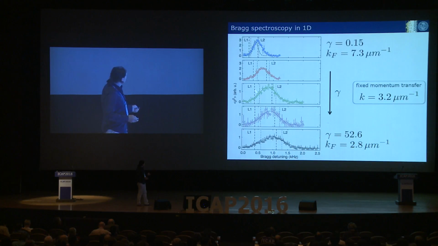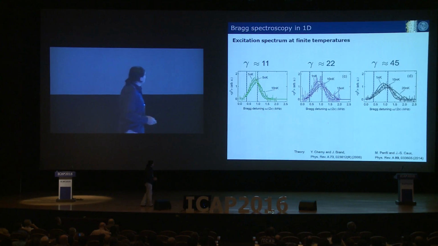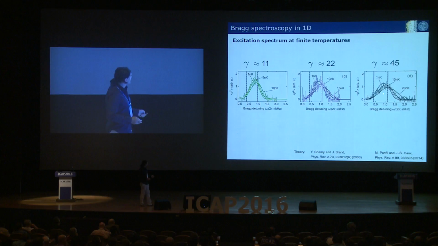This is our data. The vertical bars show where these LEAP 1 and LEAP 2 modes are. And from these data, certainly one cannot do much. One really needs the theory modeling and to compare that to theory at finite temperatures. And that's actually what we've done. And the biggest open question is what temperatures do we have in our 1D systems? If you look at the data, it's well fit by temperatures around 5 to 10 nanokelvin in most